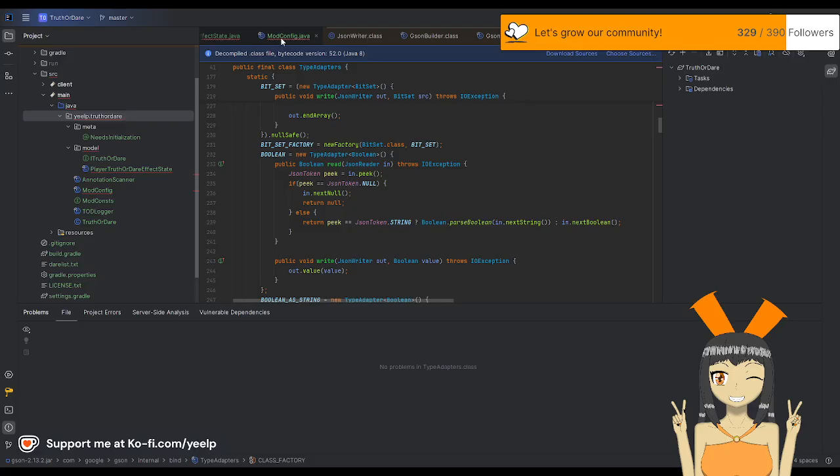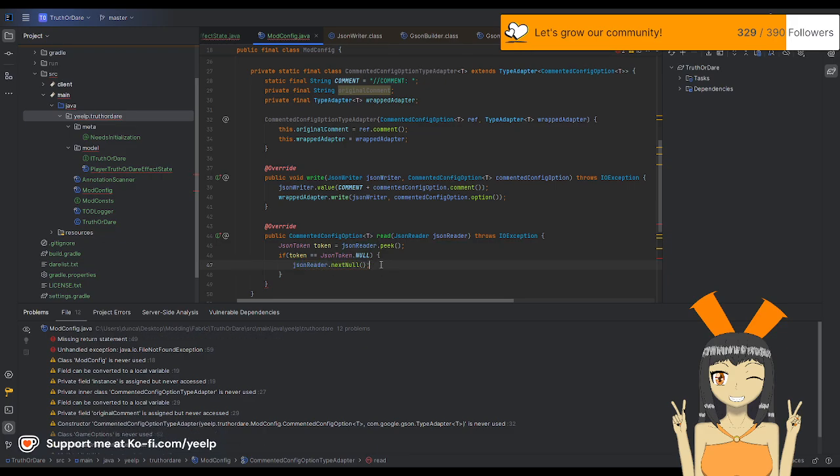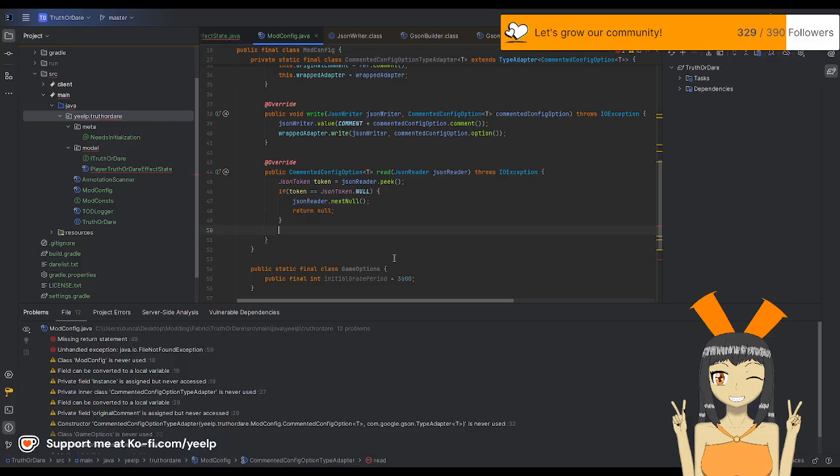In dot next null return null. Oh. And now this will be a comment, so